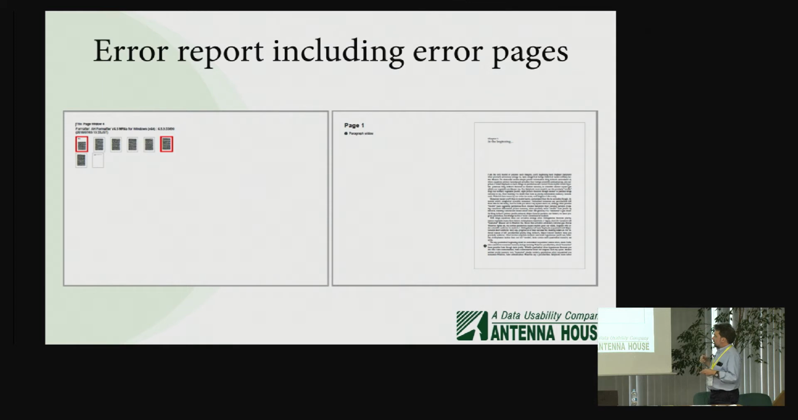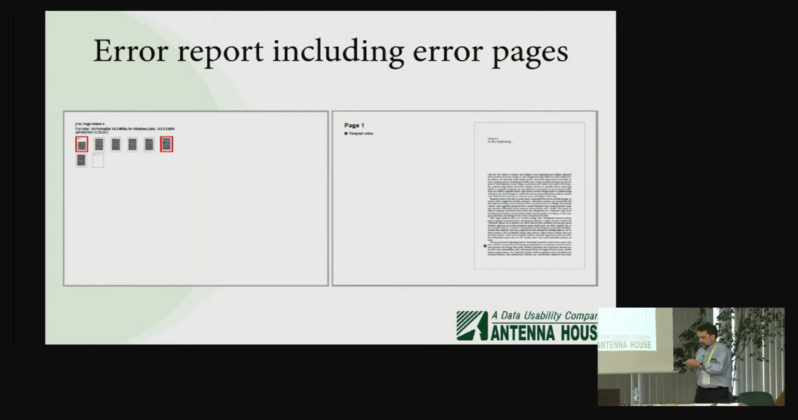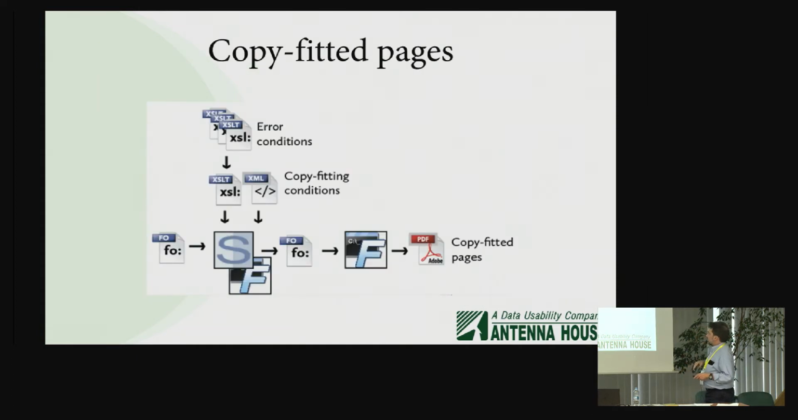Something I've tried is to present larger than thumbnails of the actual pages with the errors highlighted, and a sort of visual table of contents where the pages that have errors, their thumbnails have the red border around them to say these are the pages that you need to look at. And